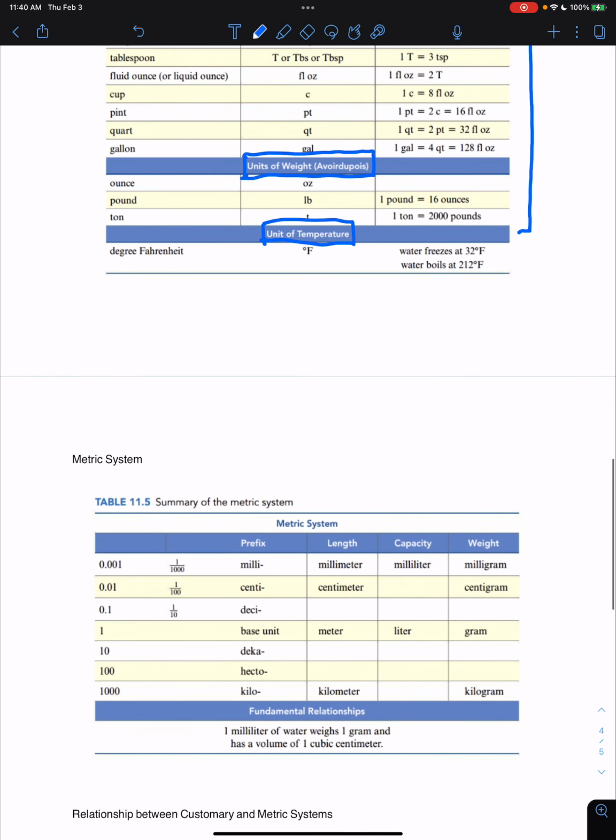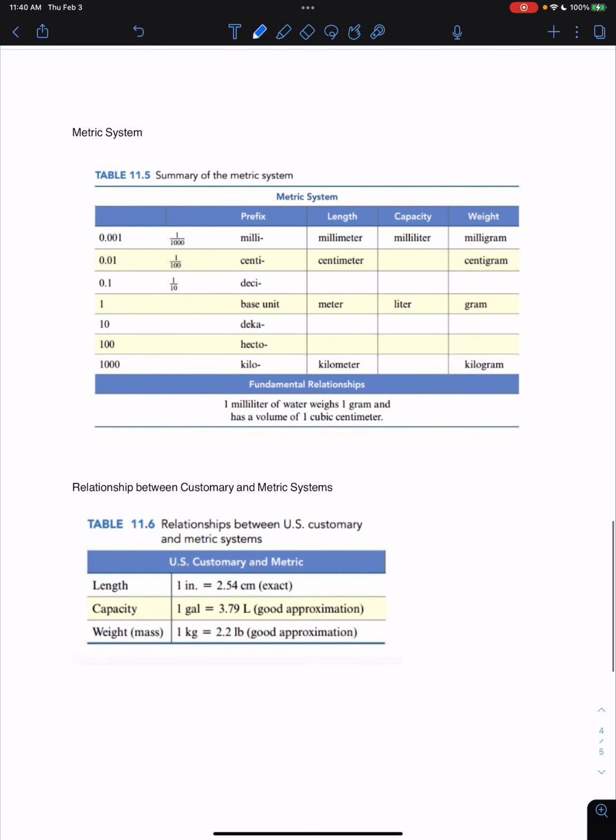So another way to measure is to use the metric system. You're probably, again, familiar, maybe not as familiar with the metric system. So you may want to review these different prefixes for the metric system. The nice thing about the metric system is it uses this prefix and basic unit kind